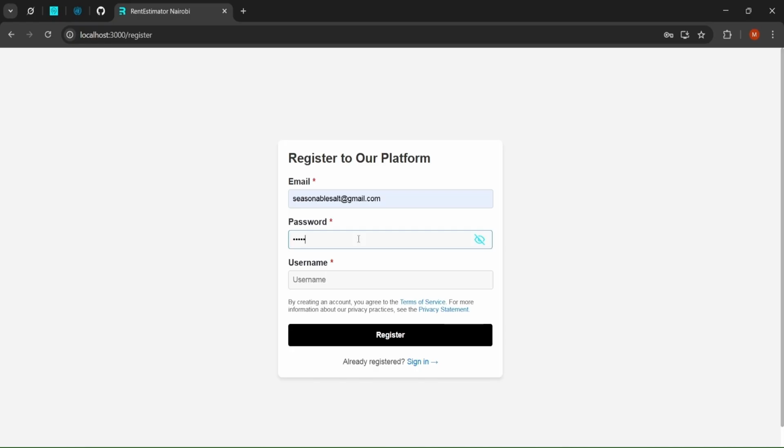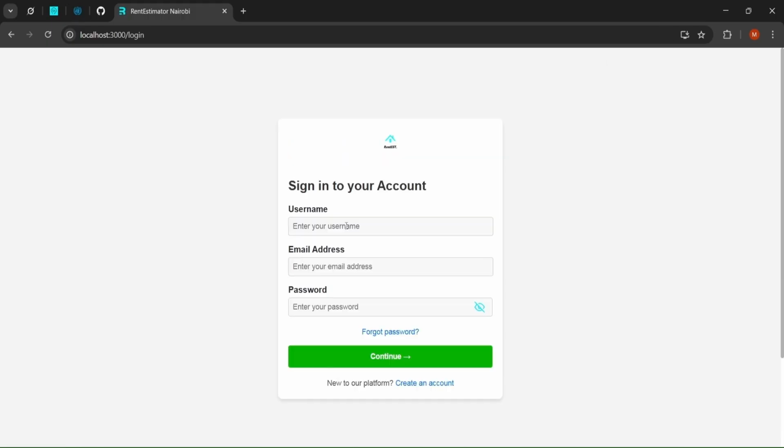So let's create our account, and I'm gonna go with Ndongo as the username, and it's actually gonna give us a pop-up once we register to show that the registration is successful. So let's sign in from there, entering the same credentials we used to create the account. Let's go with the password and click continue, which is gonna direct us into the home page, where we're gonna have